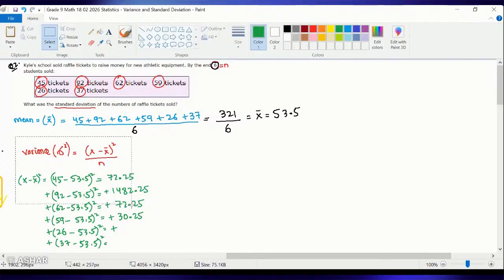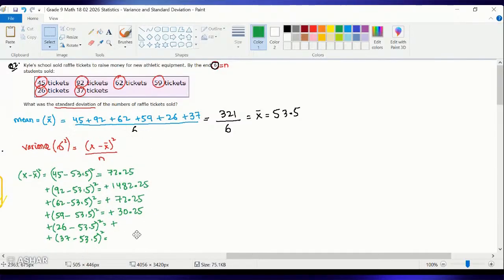And the next one was 26 minus 53.5. It comes out to be negative. Once we square it, it would change into positive. It comes out to be 756.25. And the last value is 37 minus 53.5. With a square, it comes out to be 272.25. When we add all these values together,